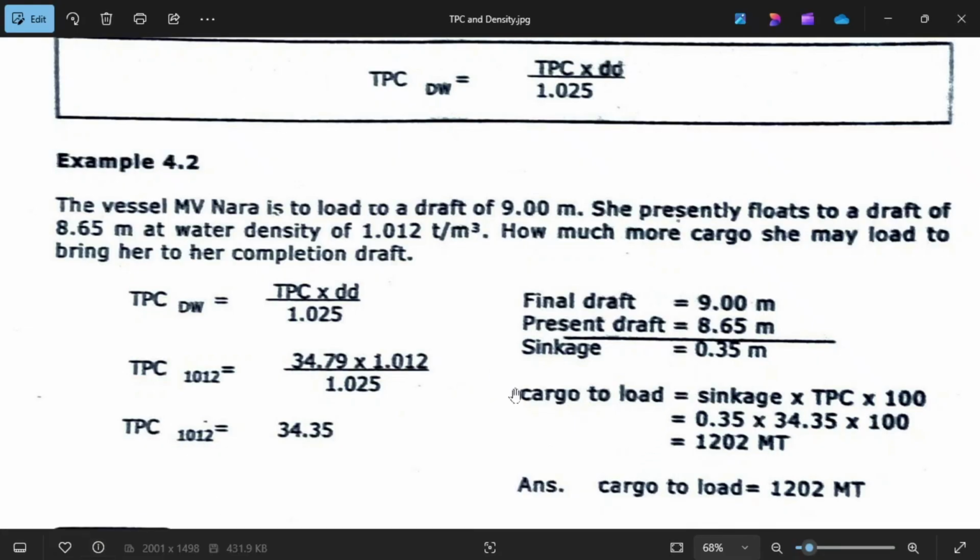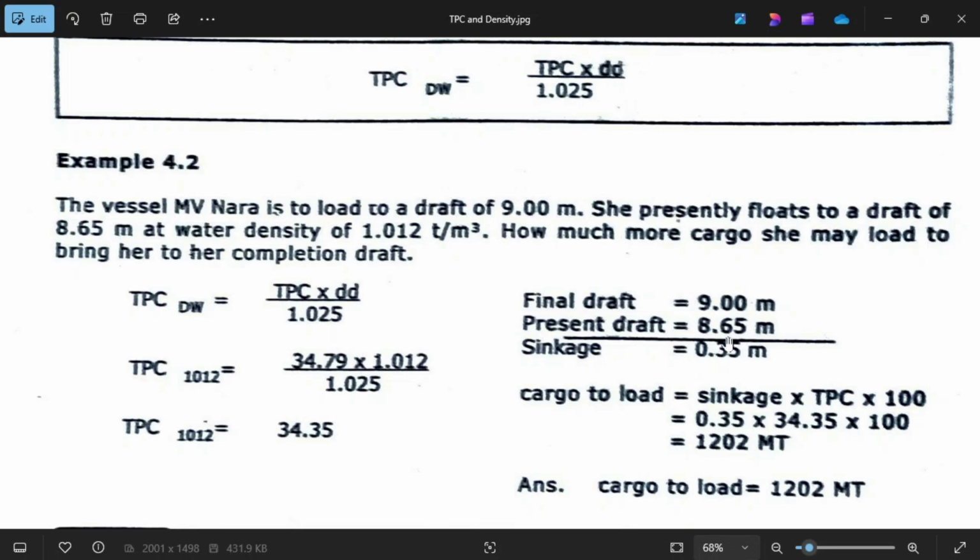This is the same with this. Here is the remaining cargo to load, and here is the sinkage. When it reaches 8.65 meters, the vessel will stop loading, and the chief officer and draft surveyor will go around the vessel to check the drafts forward and aft to compute how much cargo to load.